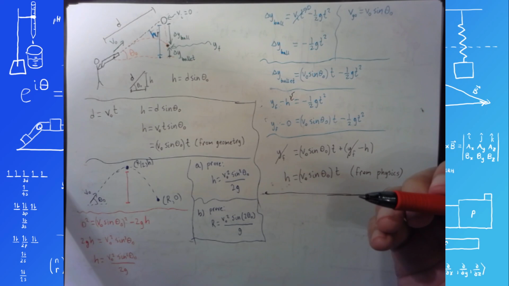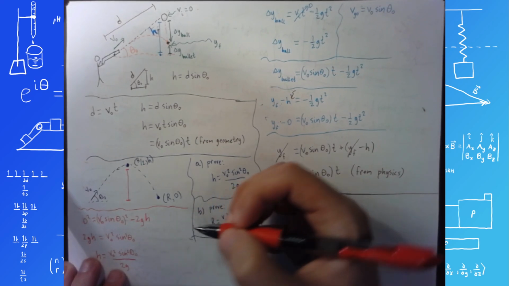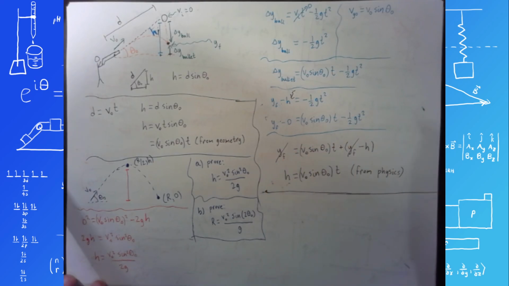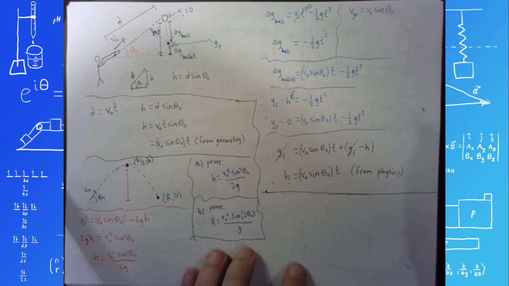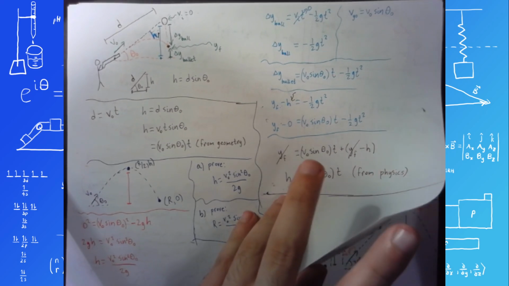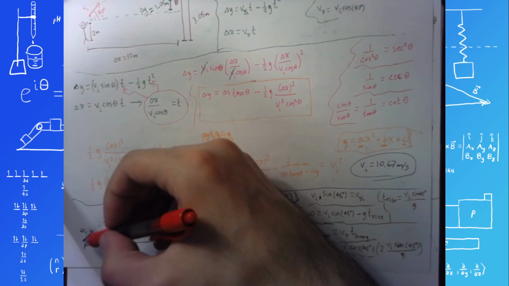But anyway, part B. Show that the range is equal to v0 squared sine of 2 theta 0 over g. So we had the equation earlier that could be turned into this. So we did do that work before. So what I want to do is calculate, well, I've already done it twice before, so I don't think it's cheating to just copy it over this time. We had, for the symmetric case,